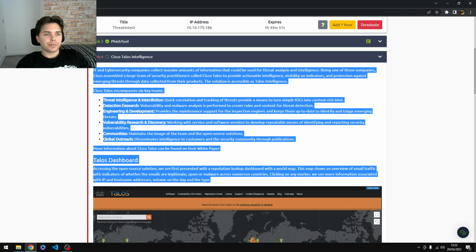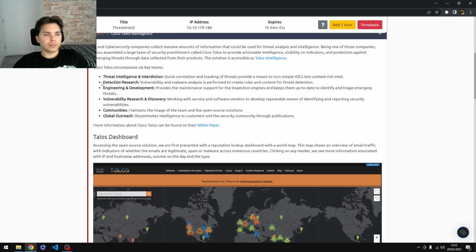Cisco Talos encompasses 6 key teams: threat intelligence and interdiction. Quick correlation and tracking of threats provide a means to turn simple IOCs into context-rich intel. Detection research, vulnerability and malware analysis is performed to create rules and content for threat detection. Engineering and development provides the maintenance support for the inspection engines and keeps them up to date to identify and